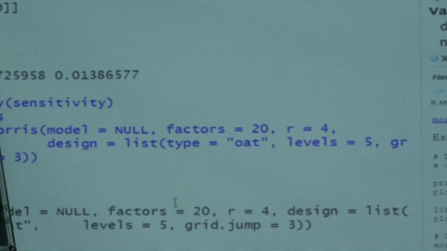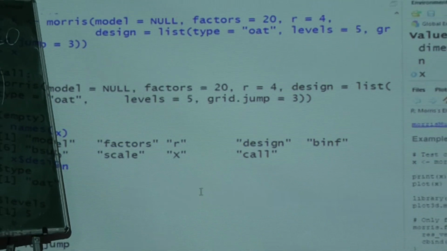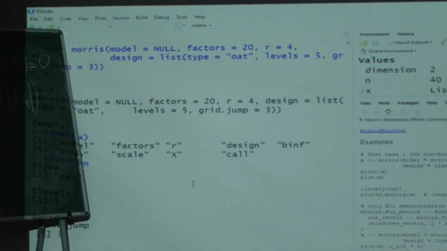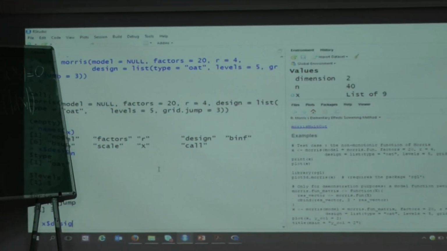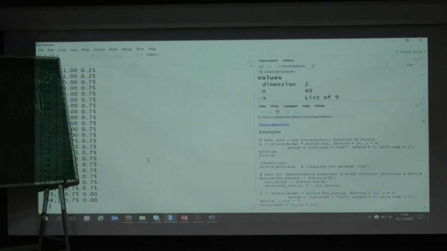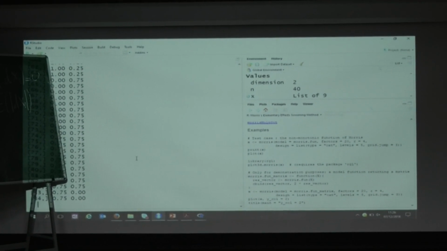The result is the object x, and if you want to take the design, you look at x, you see that there is an attribute which is called design. So x$X, excuse me, this is the matrix of your design.